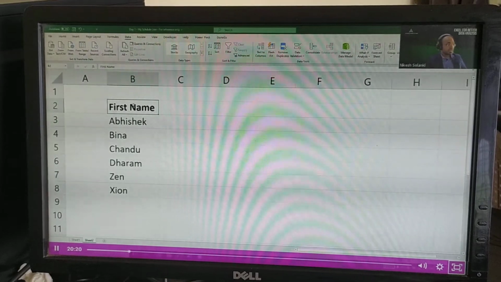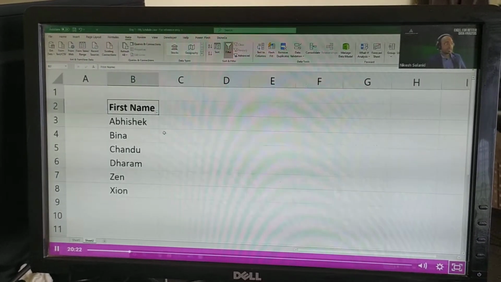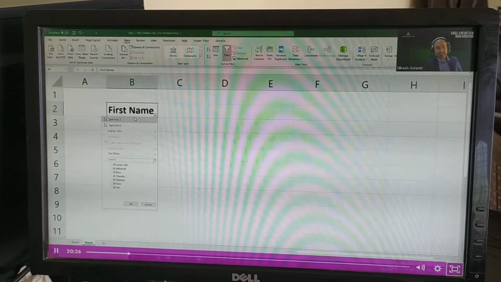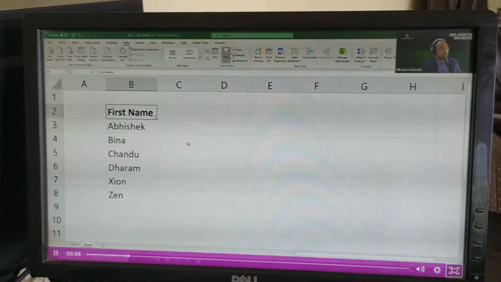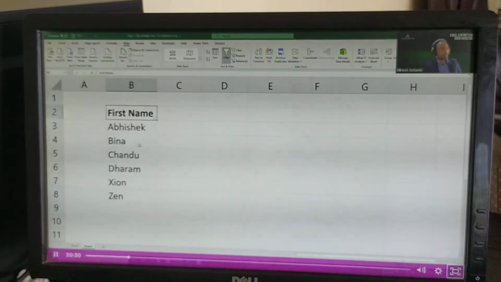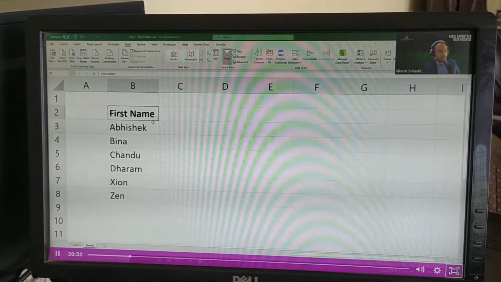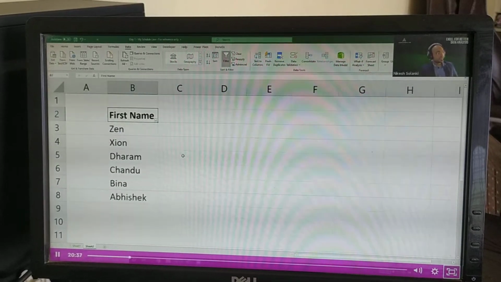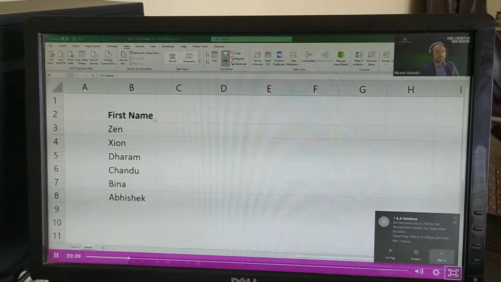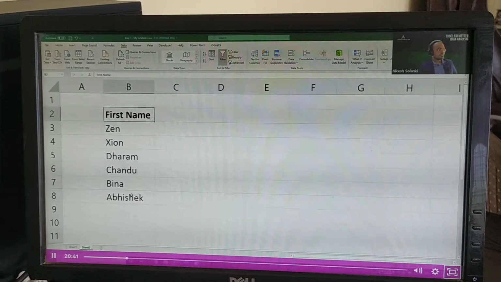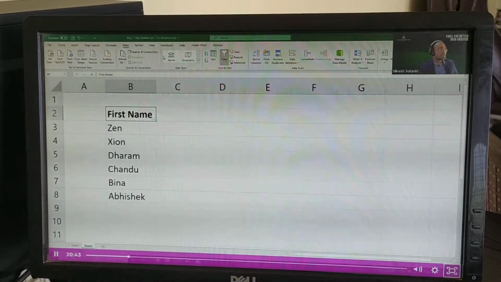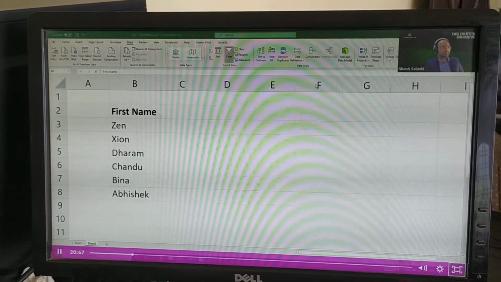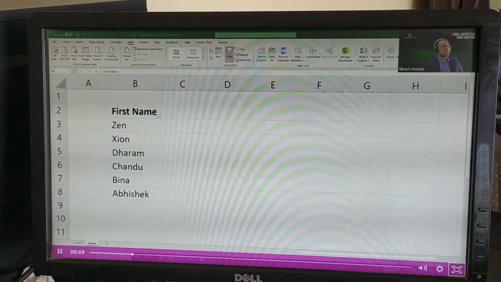It's very simple. I'm going to put a filter. After putting the filter, I'll go there and sort A to Z, and automatically the sorting will happen. You see, X came up, and if I do sorting Z to A, things will change automatically. So I hope this answers your question, Beena. Parag, I've just explained this again, so I hope your question is answered too.